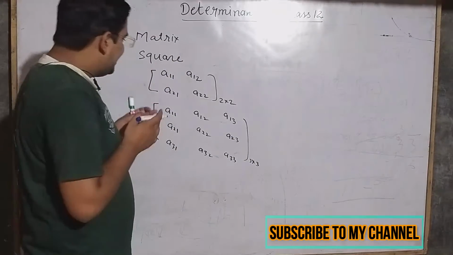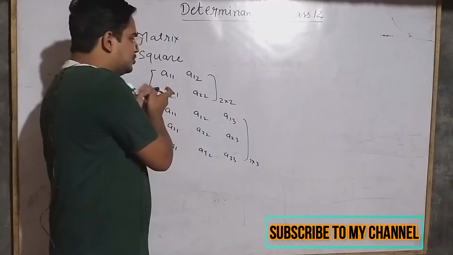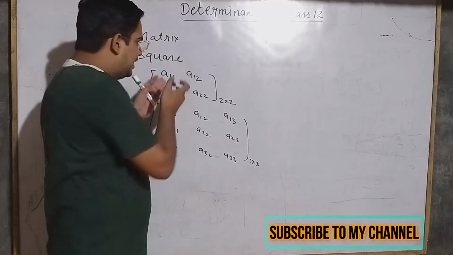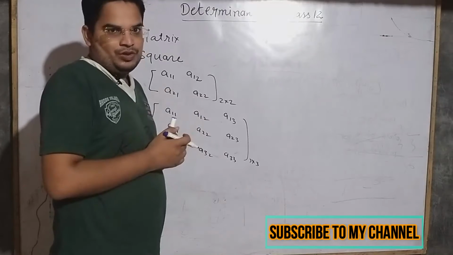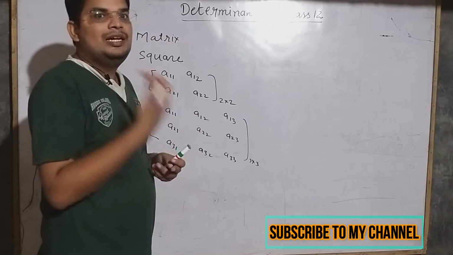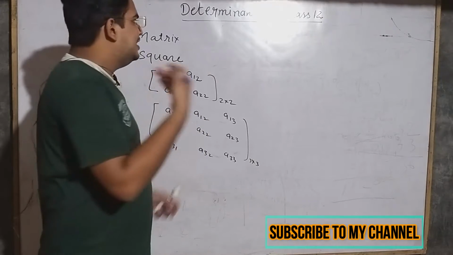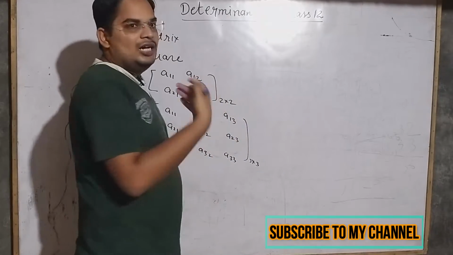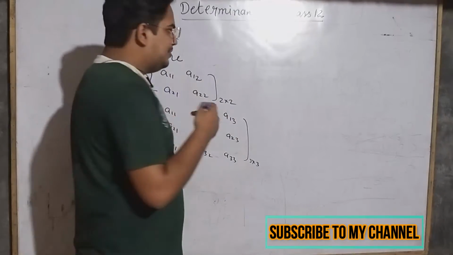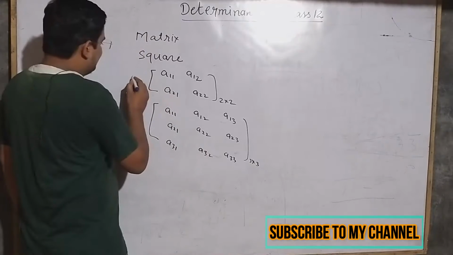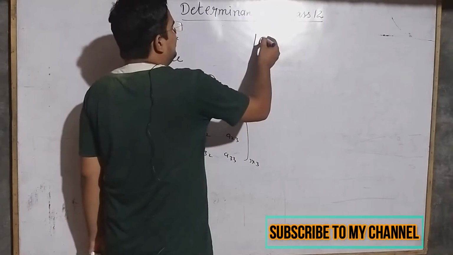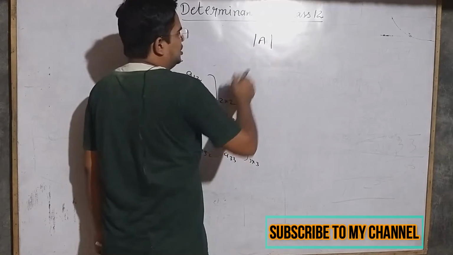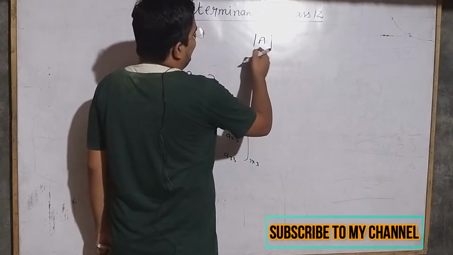So children, if I say find the value of this matrix, then you are unable to find the value. If I say find the value of any matrix, then it is automatically converted into a determinant. What I mean to say is, if this is the matrix and I say find the value, then it will be denoted by this part, inside two vertical lines.